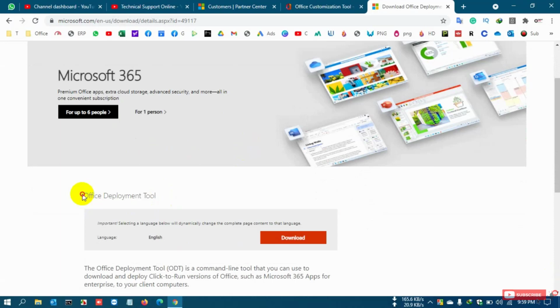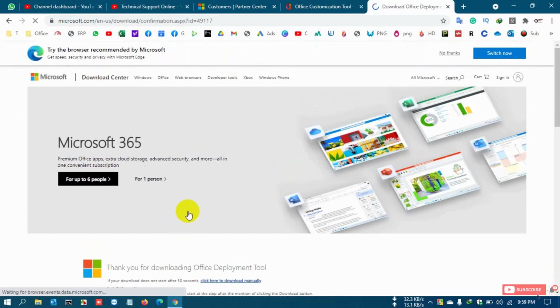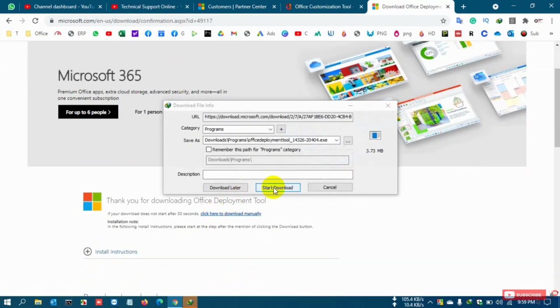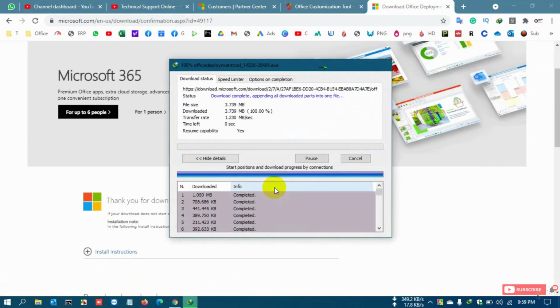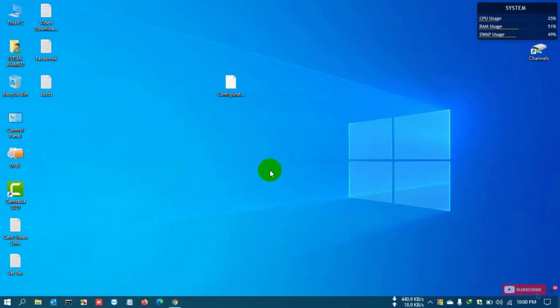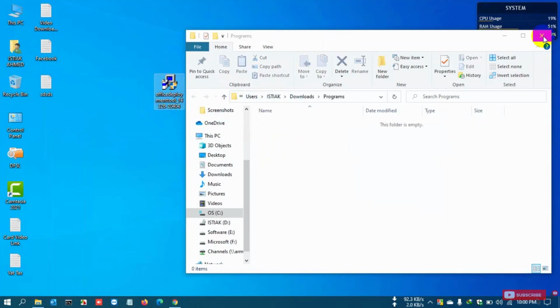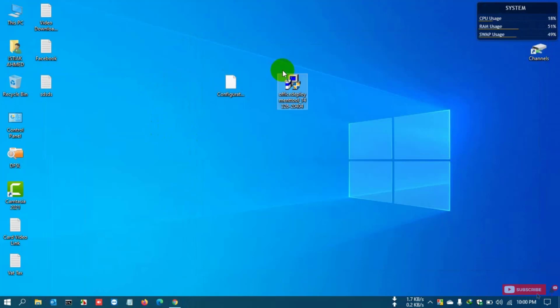Here you can see Office deployment tool, click download and save it. I already saved it and opened this folder, and I cut and moved it to the desktop. So this is my Office deployment tool, and this is my Office 2021 latest version configuration file.